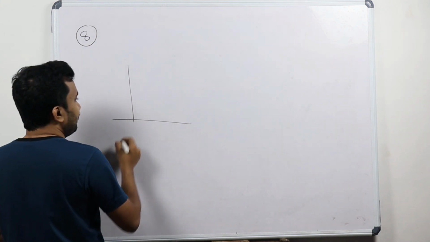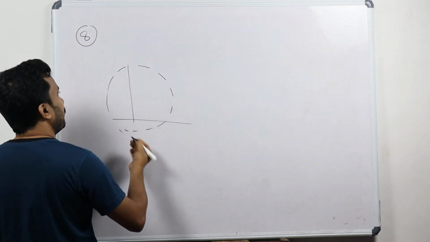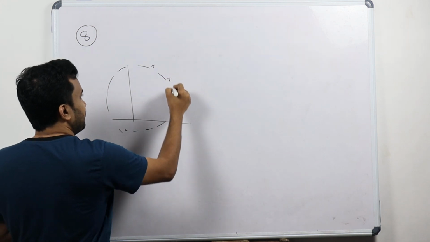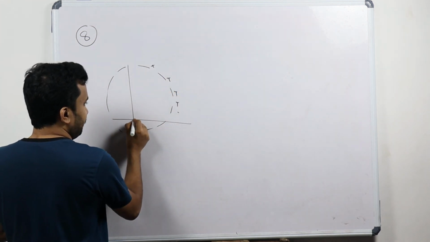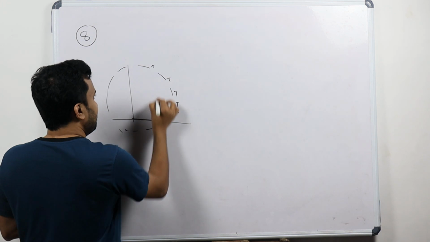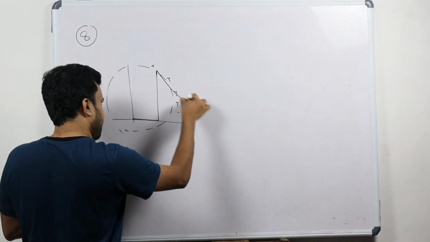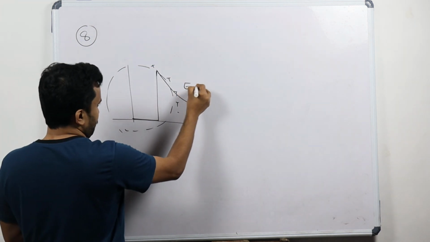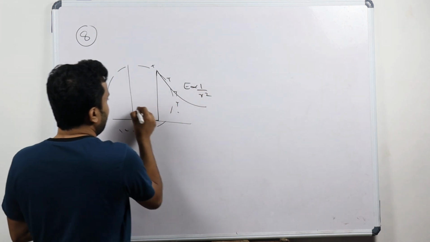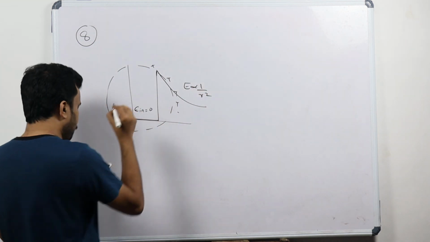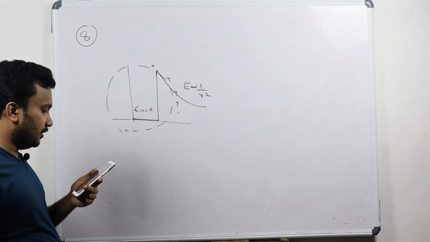So in case of a spherical conductor, which of the following graphs will represent it? As a conductor, inside it is empty. Only charges are present at the outside. So what is the graph of this one? Inside it is empty. Charges are present at the surface. Then it decreases. So E is proportional to 1 by r square, and E inside will be equal to 0. This matches with which one? Option